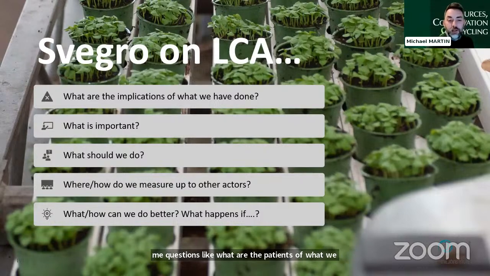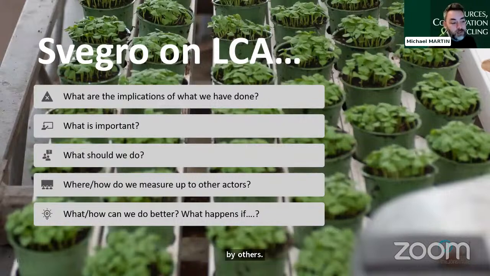They said they had done a lot of things in recent years, and they wanted to understand: does it have an impact, or what can it do? They wanted to know, for example, what was important, which of the things they did were bigger or smaller than others, what they should do in the future, but also how they measure up with other actors, because greenhouses were often used as a bad example of what you shouldn't do, and different things by others, but also again what they can do better.